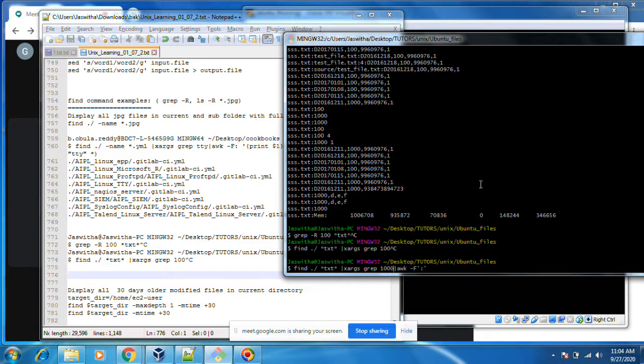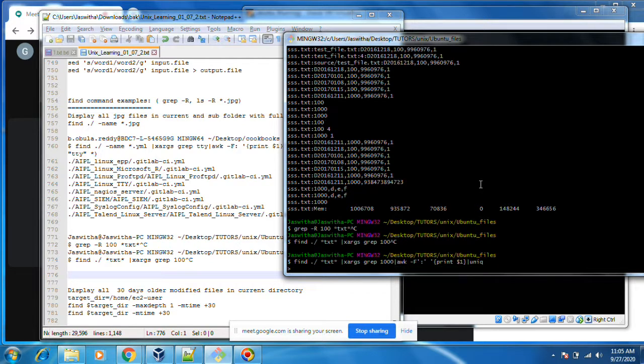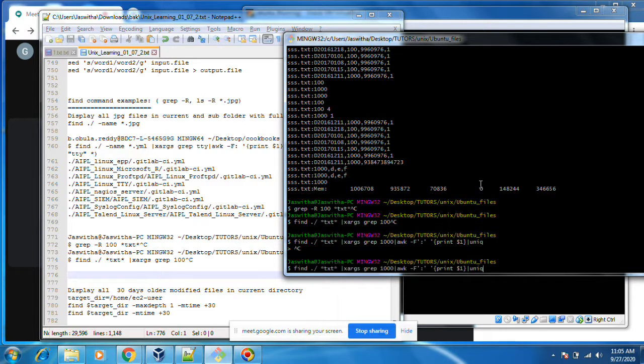Let's search how many files this 1000 is present in. awk -F colon, print $1, unique. This should be the end. Okay, this is a single quote starting, this is a single quote ending.